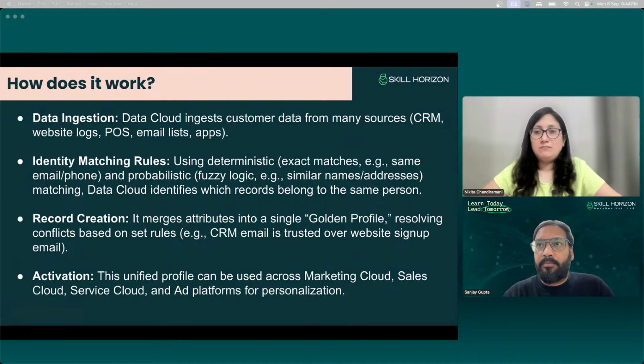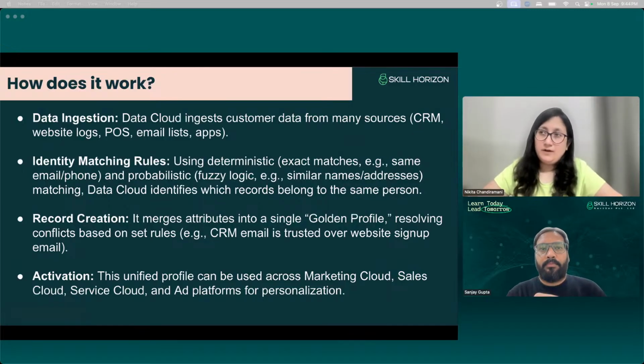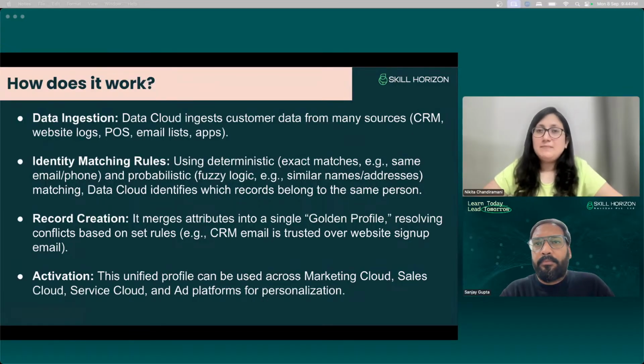We go for addresses. As I said, we are going to give some numerical confirmation that this could be the person. So it's probabilistic, meaning the probability is less or more, whatever it is. That number is going to be given, saying this person could be this, and it is 90% sure, but we're not fully sure about it. That is called the probabilistic approach, and I'm going to make it even clearer when I come up with slides. So Data Cloud identifies which records belong to the same person and then creates the list for it.